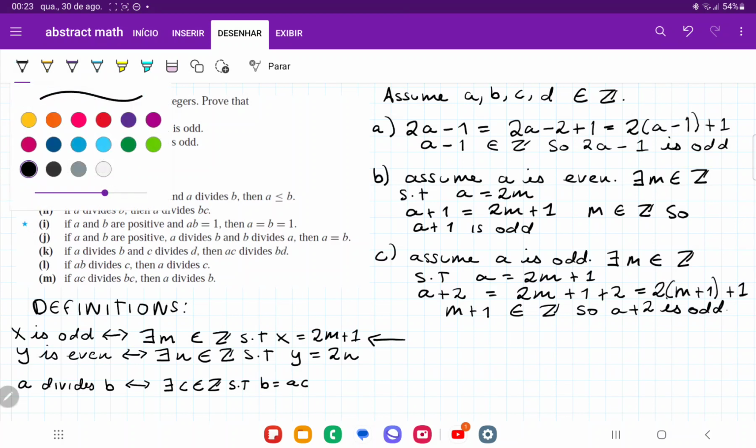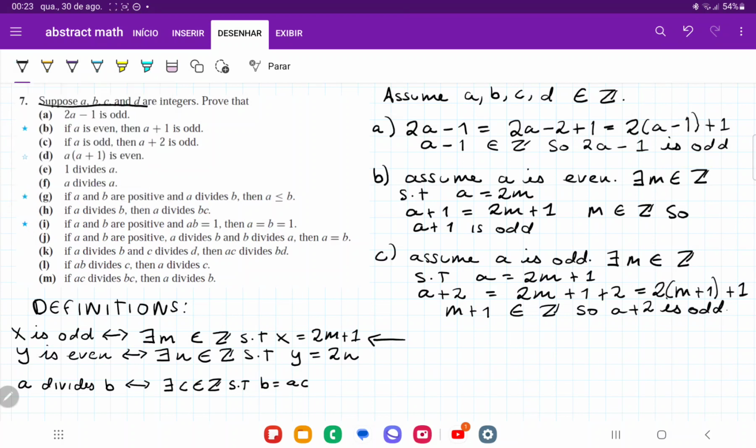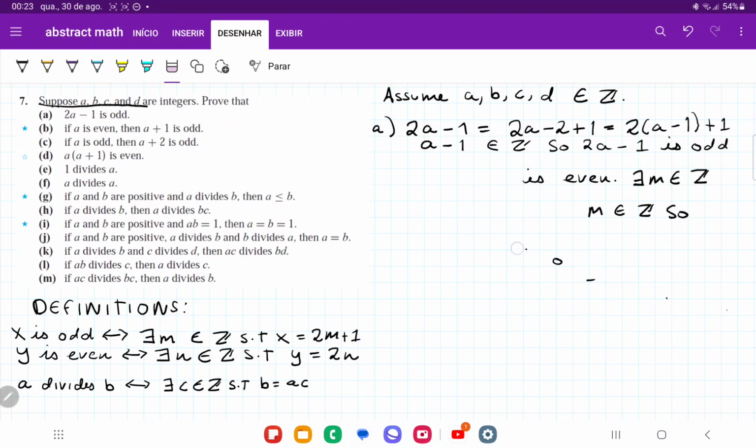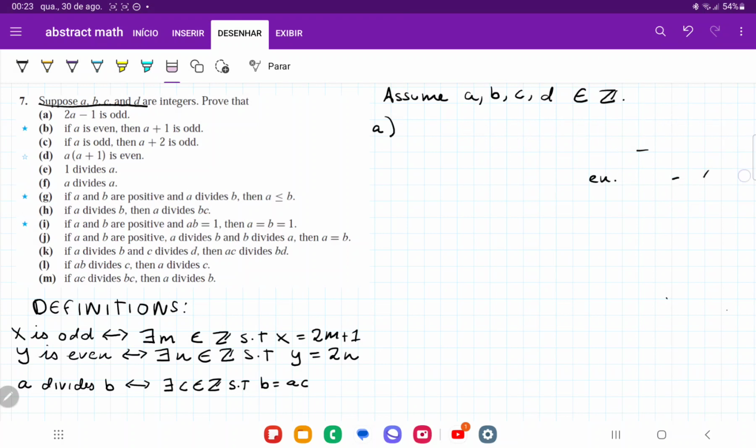Okay, let's do D. And D says that a times a plus 1 is even. So for D, we're going to have to go into cases. And actually, I'm going to just erase all of this so that we have room. So we're going to have to go into 2 cases, if a is odd or a is even, right, for D. So I'm going to go for D, case 1,